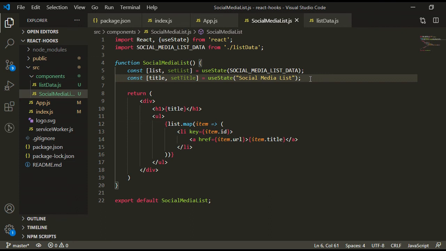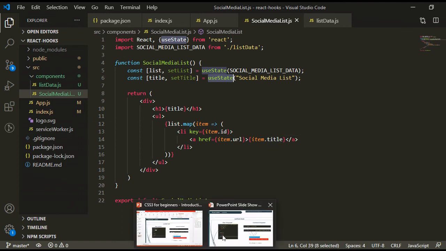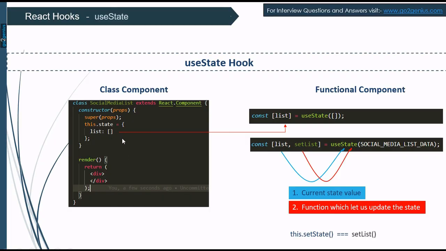So the thing to remember here is, you can give any type of data inside useState, like array, number, string or object, anything. Inside the useState hook there is no constraint like in a class component. As we know, in the class component we have a constraint.